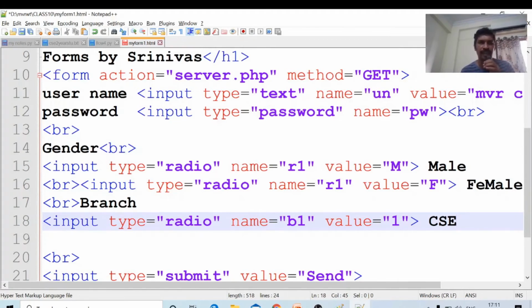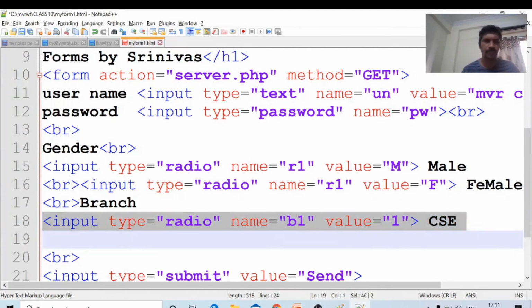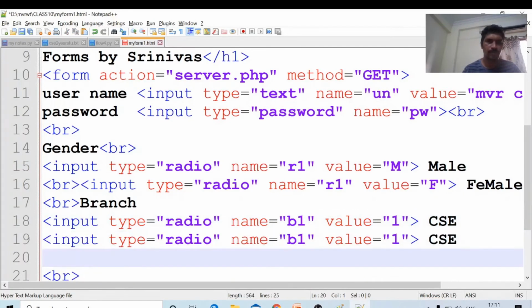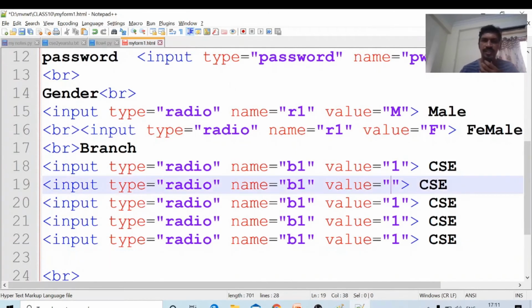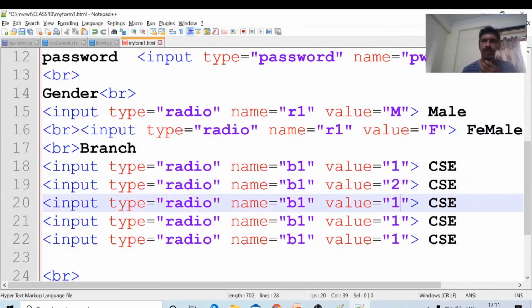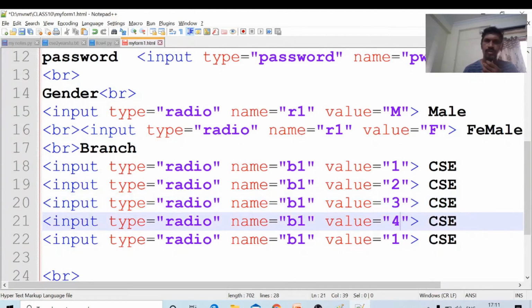Next, the remaining branches we will also write like this. But there is one point we have to notice: the name of the radio button must be B1. I will write for the next branches also. CSC value 1, value 2, value 3, value equal to 4, value equal to 5.